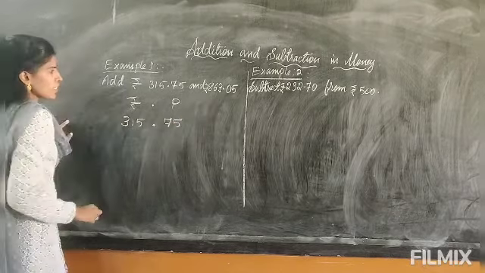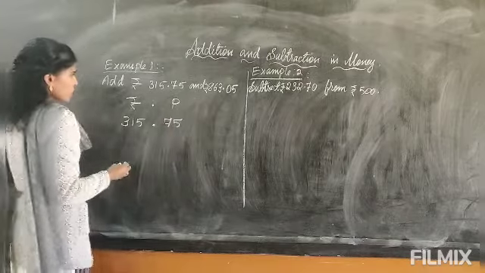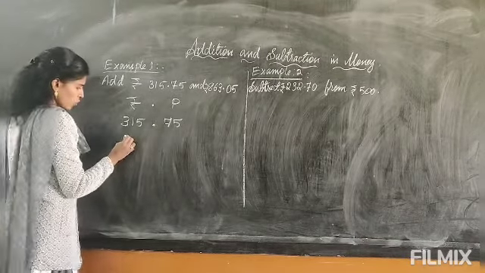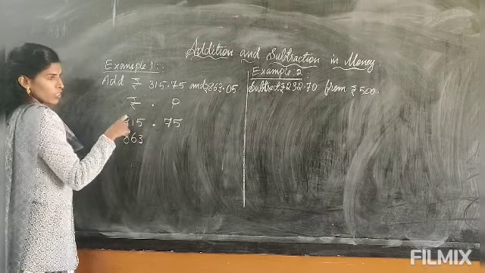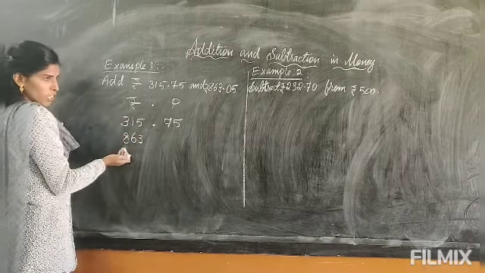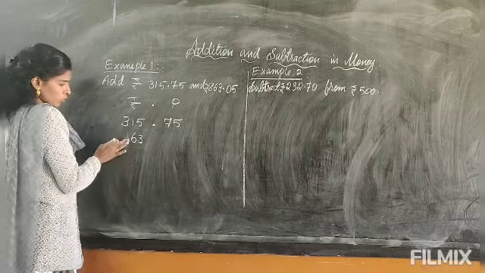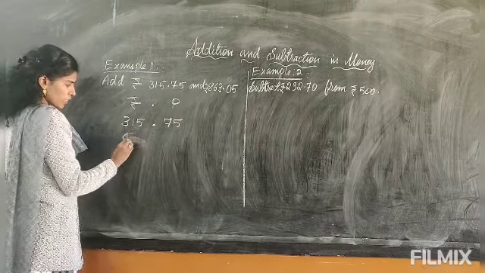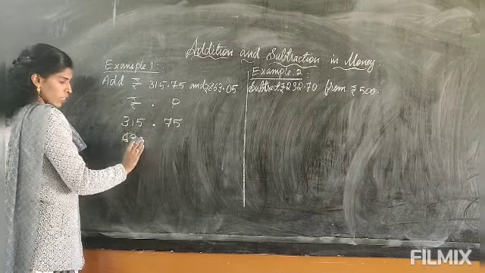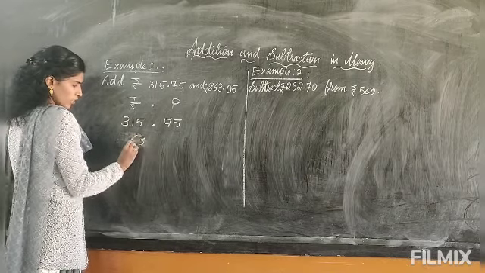Next one, 863 rupees and 5 paise. 863 is the rupees, so you will arrange it under rupees. The digits should be in order. Suppose it is only 2 digits, like 63, you write it aligned to the right. Don't arrange from this side; you have to arrange from here.